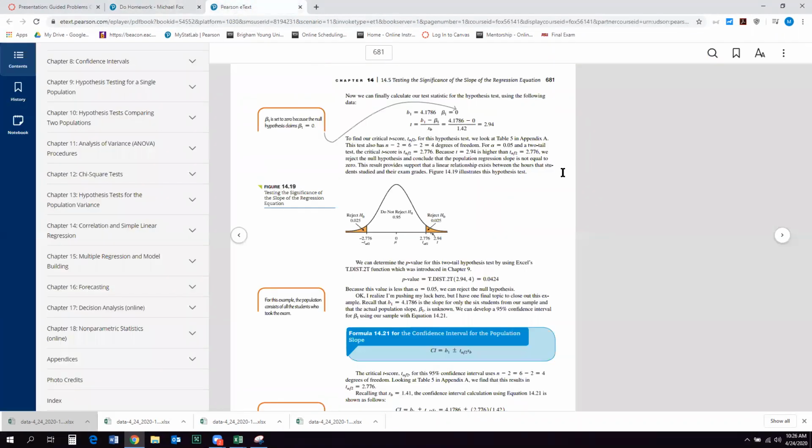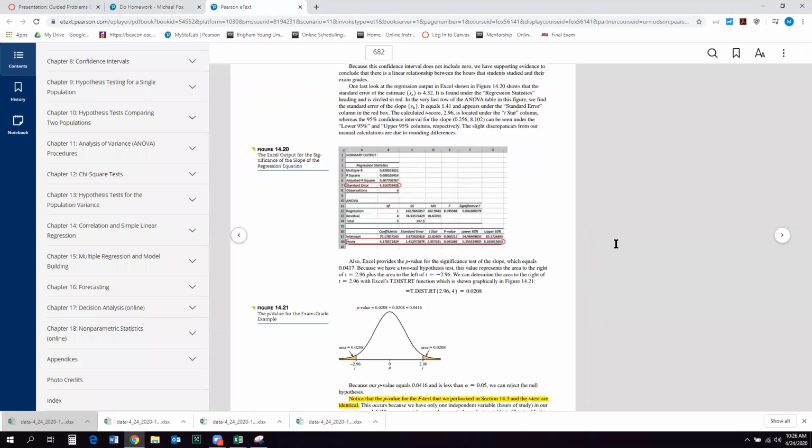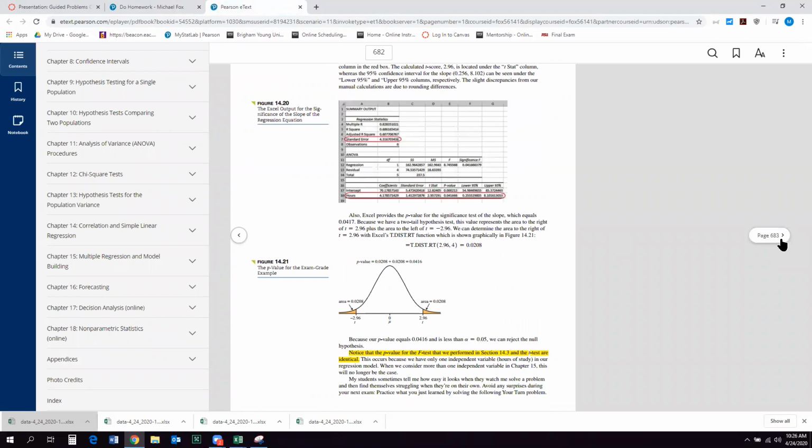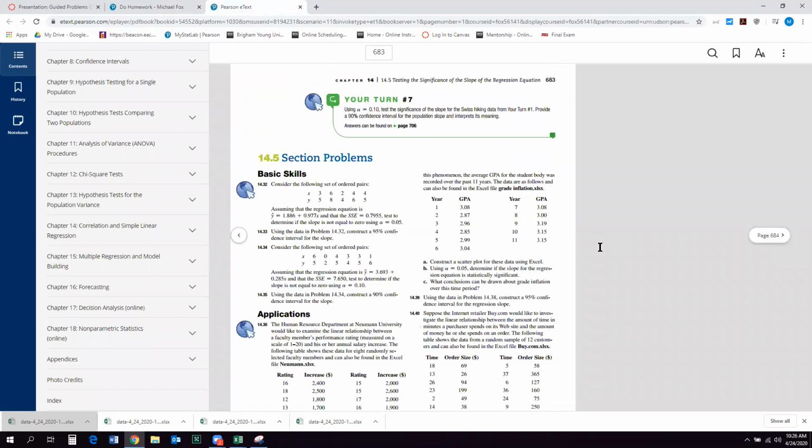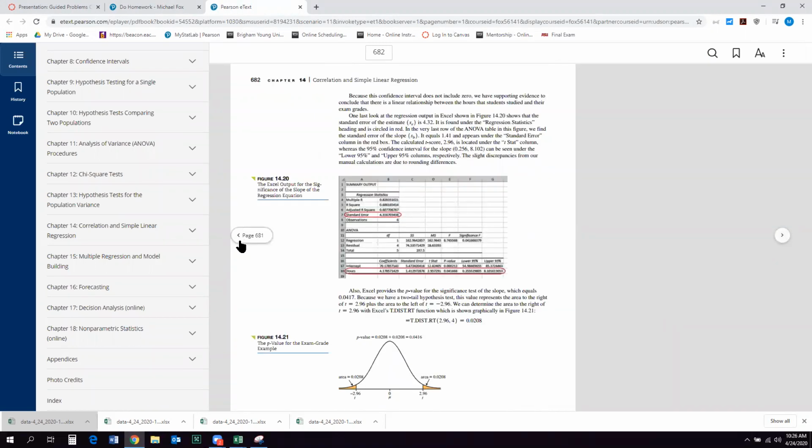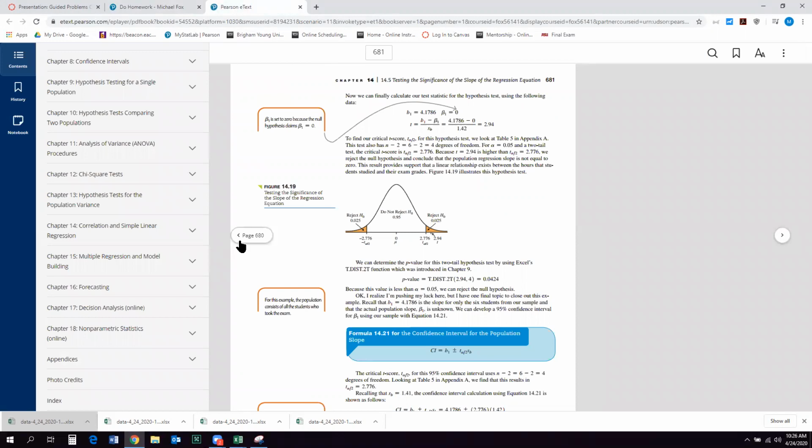In essence, we take a sample, we measure the slope of it, and then how confident are we that the population slope is there. So we need b1, which is the slope, plus or minus the critical t times the standard error of the slope. Which sounds really hard, but